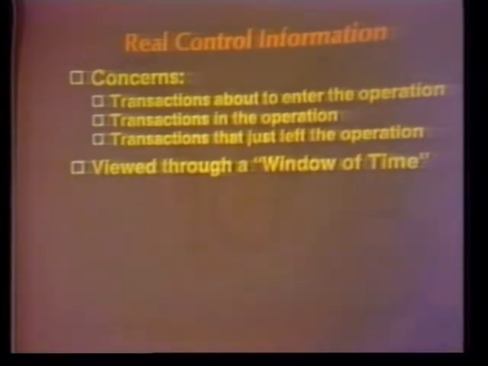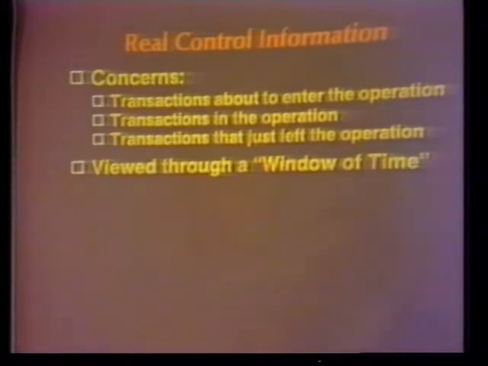And then there are transactions that have just left the operation. These are the characteristics you need when you have just finished the job. Normally you have to know, when you finish it, what the costs were. Somebody's going to check on that right after it happens. And then it becomes history. Then the item becomes a reference set of data and really passes out of the view of control, except in grand summary types of analysis.